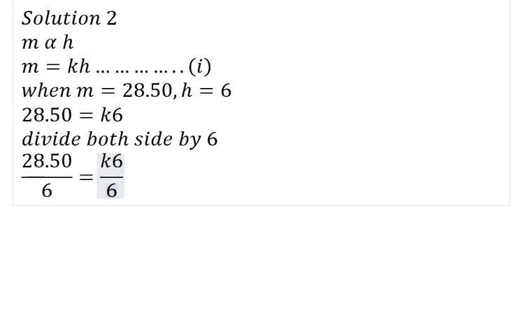So with this, our 6 can cancel out 6 and our K can stand alone. So if you bring out your calculator and punch 28.5 divided by 6, it's going to give you 4.75. Beautiful. So now that we have the value of K,